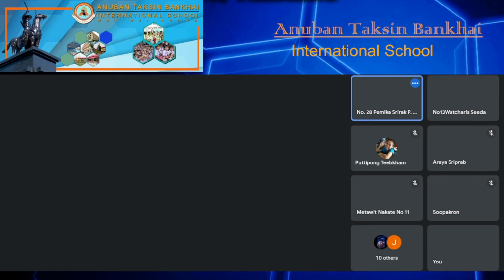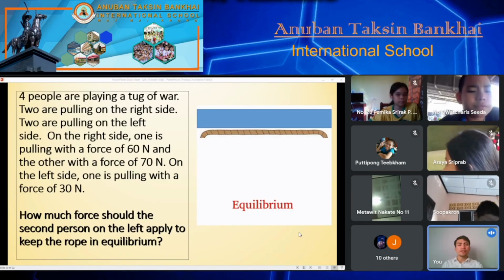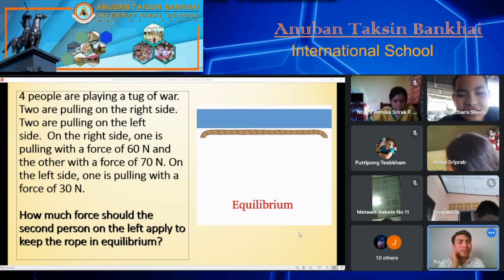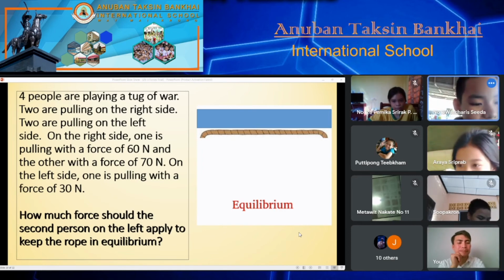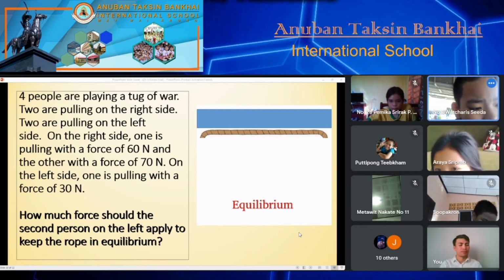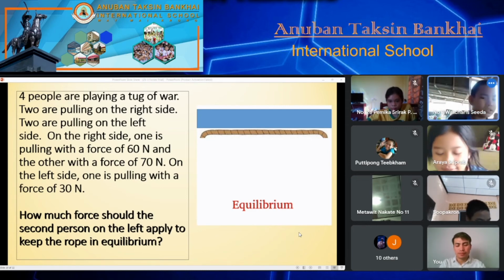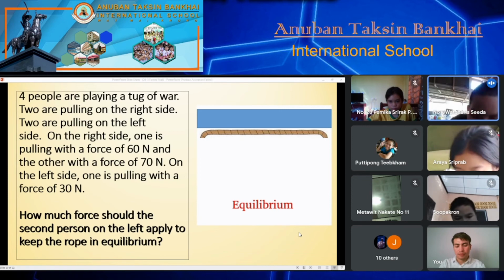10 Newton is wrong. So what is the answer? Okay, finish already? Anybody who wants to have 3 points? This one is 3 points, so you need to answer properly. The answer is